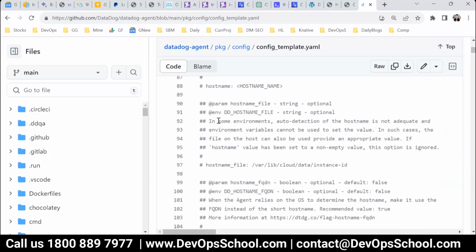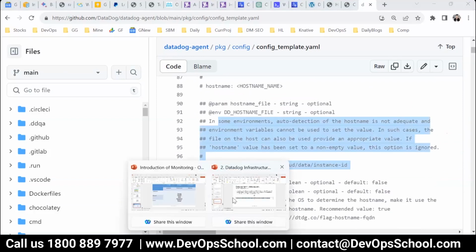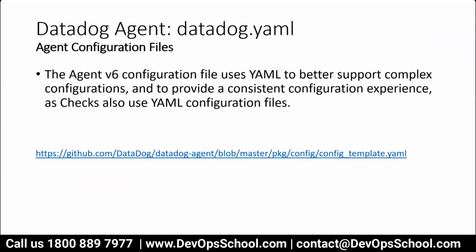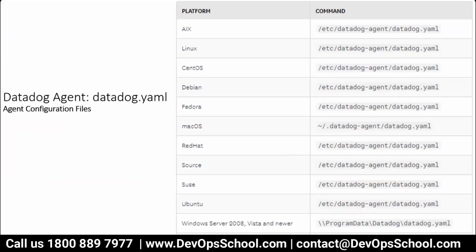Please continue. So this is the configuration file and this tutorial has been given. Anything you want to change, this is the file you should focus on. Now, which are the locations of the configuration file in the different operating systems? Look at this, on most Linux systems you have the etc datadog-agent datadog.yaml file. But if you see that in Mac, you'll have the user location. But in Windows, if you look at this last one, it will be under the